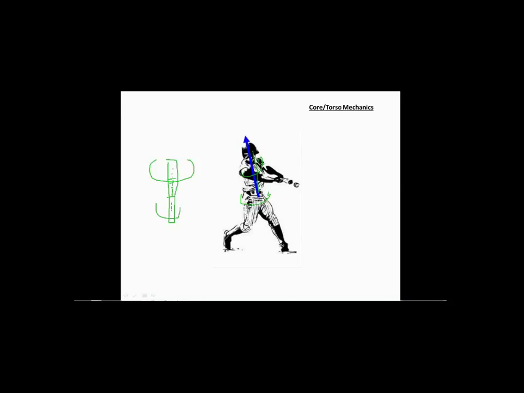So the spine has to be kept in such an orientation such that body segments can work perpendicular to the plane that's being created, the axis of rotation that's being created, to facilitate the most dynamic rotational speed. So that's an important part of the swing mechanics, and that's an important part of teaching athletes functional movement patterns. And in addition to power and output and performance, it plays a huge role in minimizing the risk